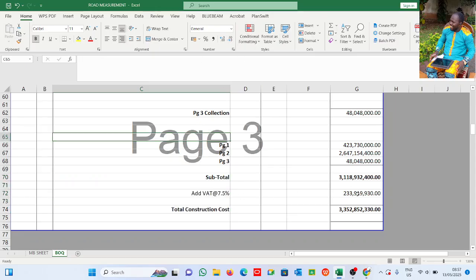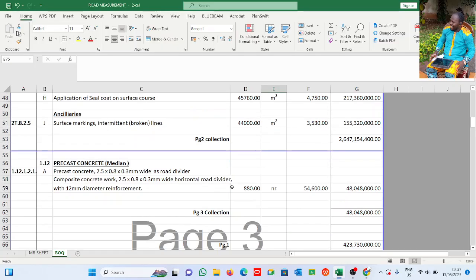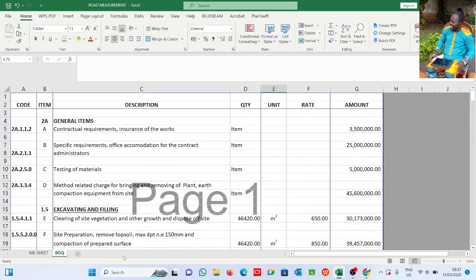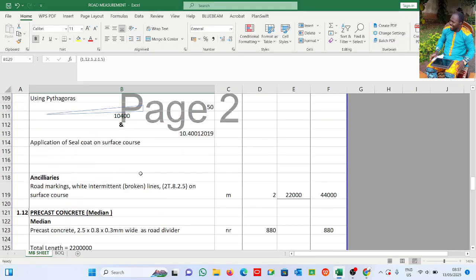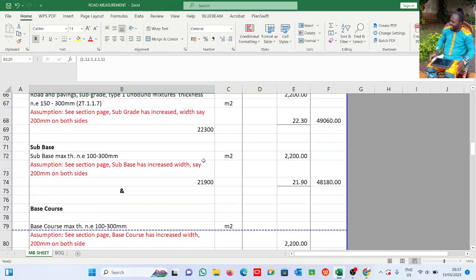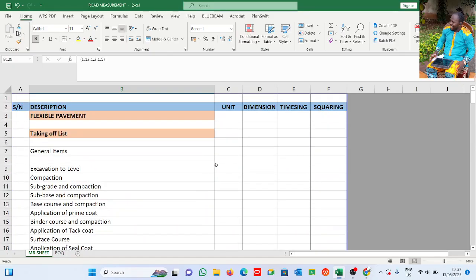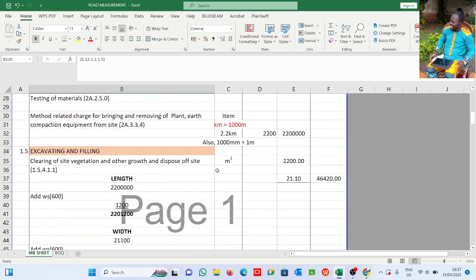Alright, then I add VAT. This is total construction cost. So this is the detailed BOQ you are asked to prepare, but without the measurement sheet you cannot arrive at the detailed BOQ. So you need to understand how the measurement is done. Alright, now let's do what we call